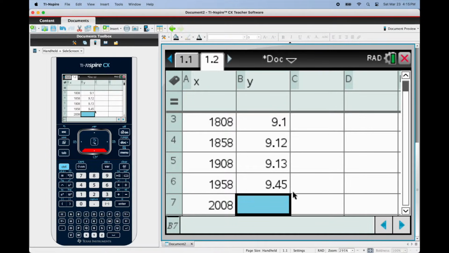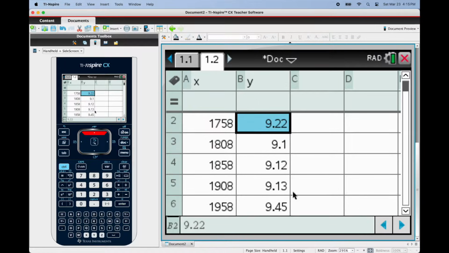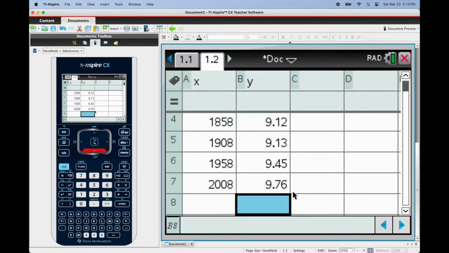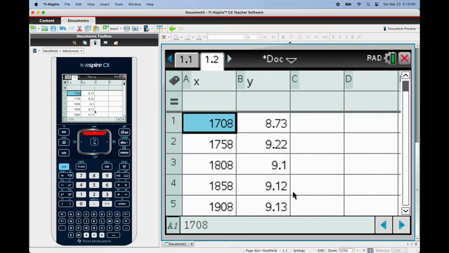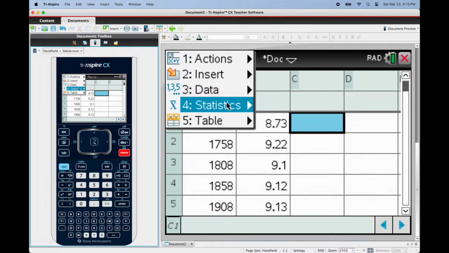9.45, and 9.76. All right, sometimes it's not a bad idea to check these over. 0.1, 12, 13, 45, 76, and these are all 50-year intervals. Okay, so after this, if we want to create a linear regression, we'll go Menu, Statistics, and we want to